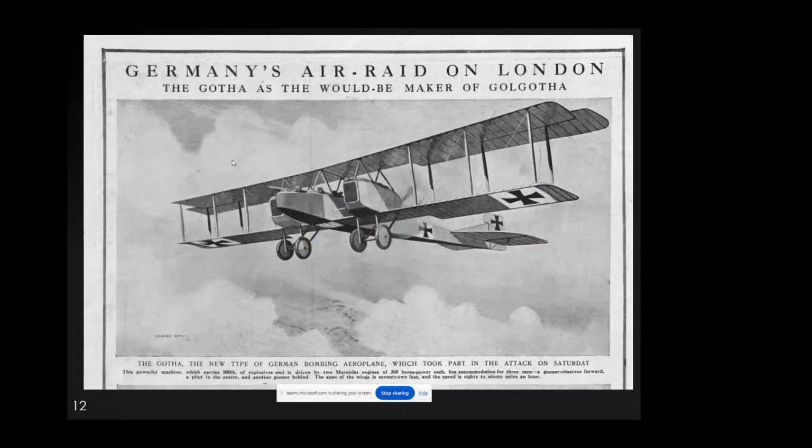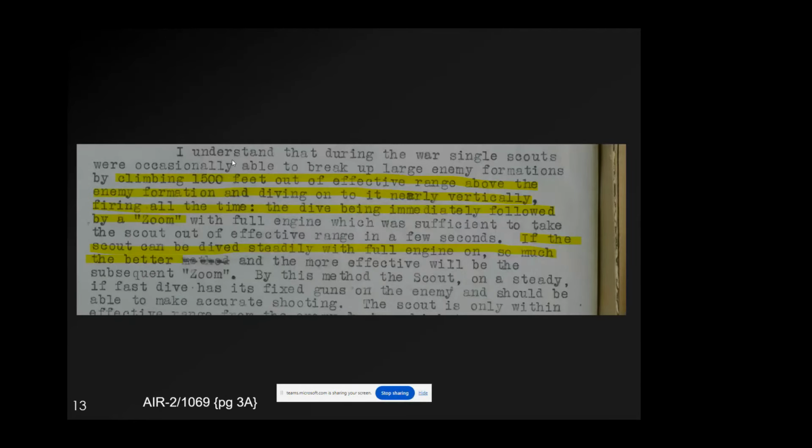So after World War One, we were just thinking about what the next war was going to look like, and the only experience we had of being bombed were these lumbering Gotha bombers coming over from Germany, and they were unescorted. They're pretty slow, and once you've got the measure of them, they're pretty easy to take down. What's very interesting is that despite that, it's a real mistake to imagine that things like negative G